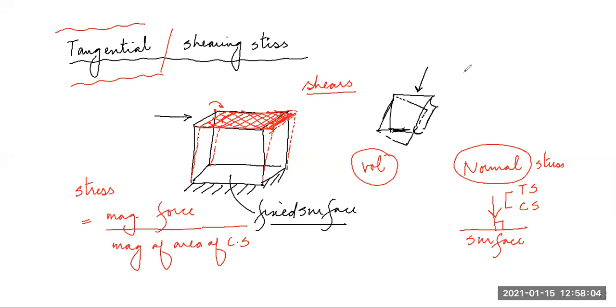Tangential stress is very easy to observe. Suppose you have a deck of cards, right? And then you try to give a little hit to the top card, and then you see this is the new shape of the cards. Total volume remains same. So you could say every card has sheared with respect to the card beneath it, so that there are shearing forces and shearing stresses induced in that deck of the card, right?